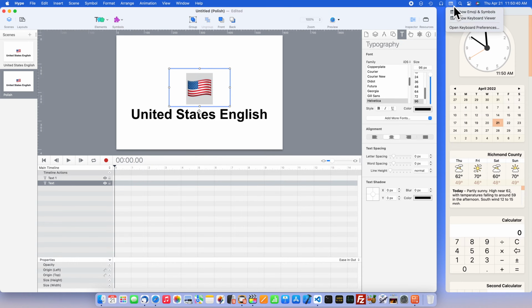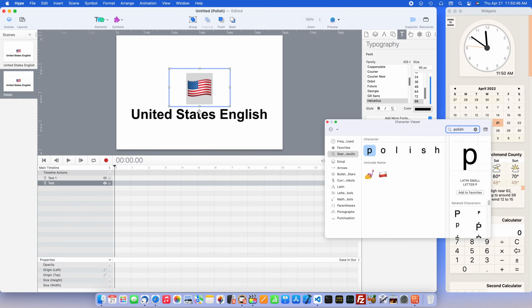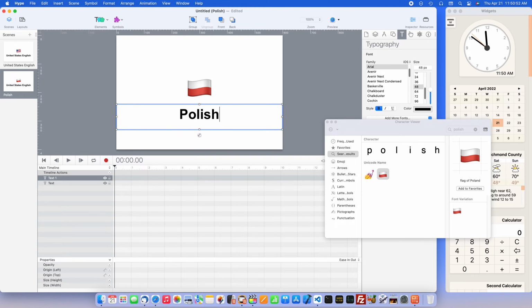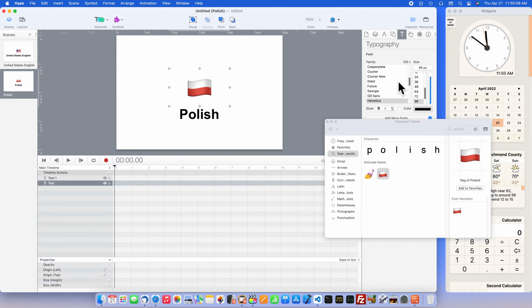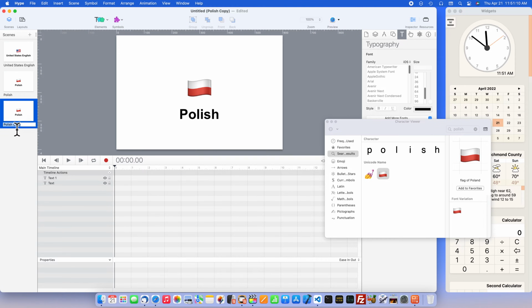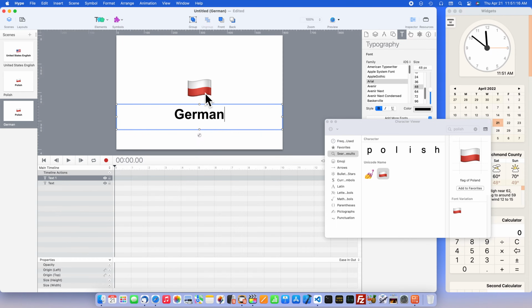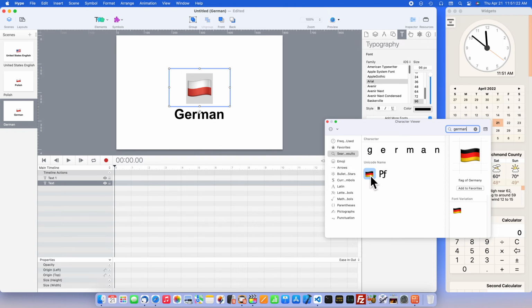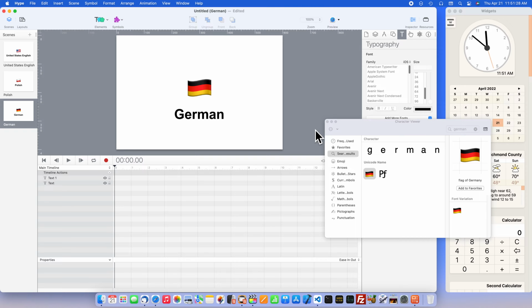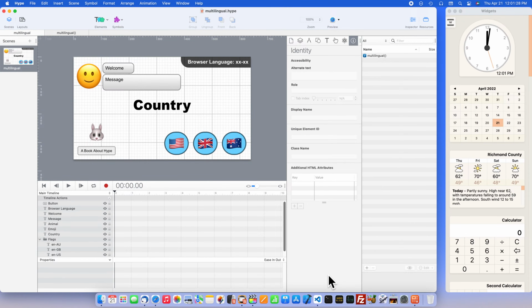You could try to create lots of scenes and then the website visitor could pick the language that they want. That's not so impressive as it's lots of tedious work for website creators and it's not very intuitive for website visitors. Could this be more dynamic? It can. Here's how. First, an empty shell is set up.